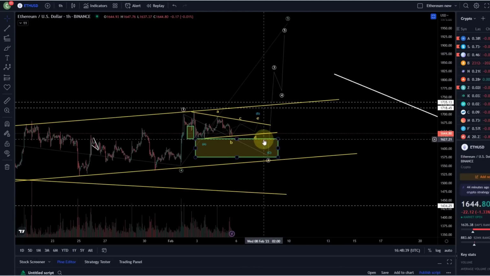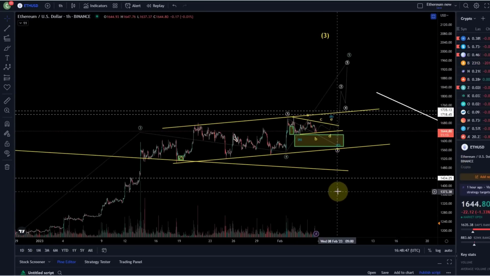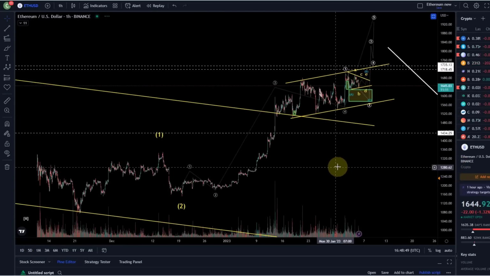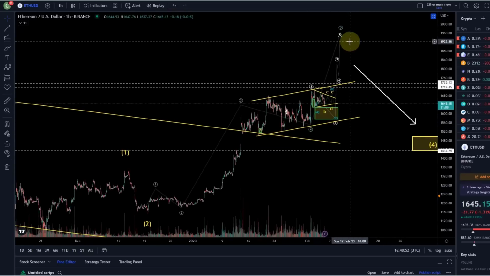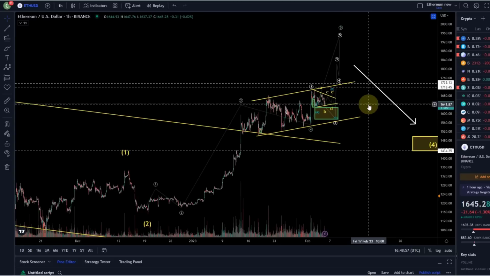Possibly at the moment not, because while I still expect this, as long as we're holding support, we are getting towards the end of a rally and I already took profits. As I said in yesterday's videos, some people might want to trade this, some people might decide to buy here, while others take profits, because you can only base your trading decisions on what you have done before. For example, I wouldn't enter here now because I already took profits, so why would I buy again, right? Others who have no exposure might want to do it, or if somebody wants to trade the 30-minute time frame. That's why it's so important.